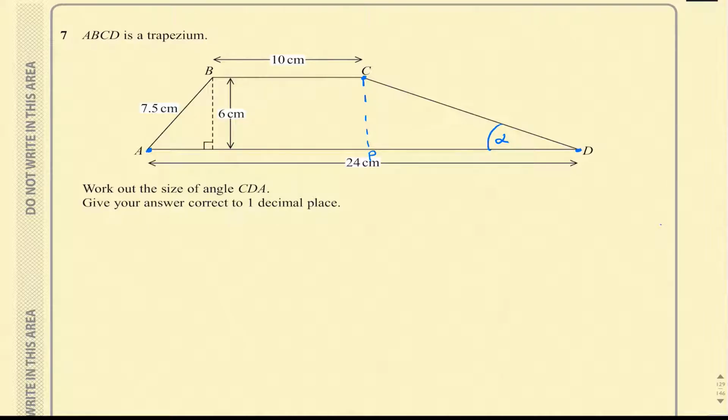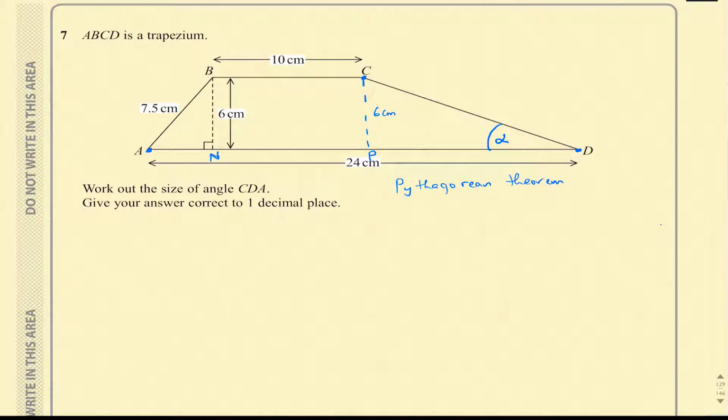And we also need to know, in order to know that height, we know the height is 6 centimeters, but we need to know the distance PD. In order to find the distance PD, we need to find BN. So if I label this point under BN, and we need to find AN, using Pythagorean theorem,